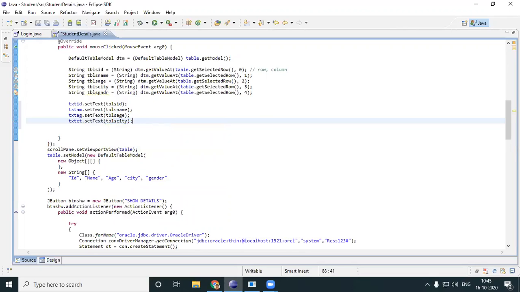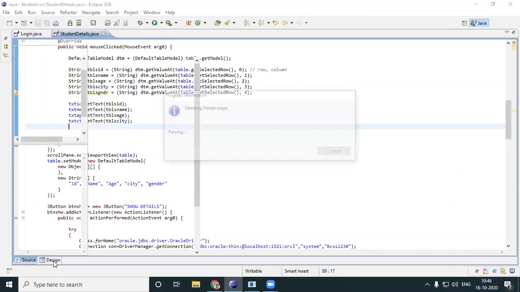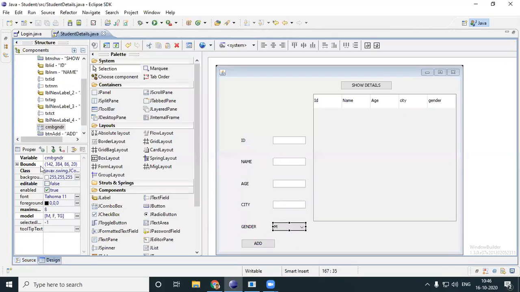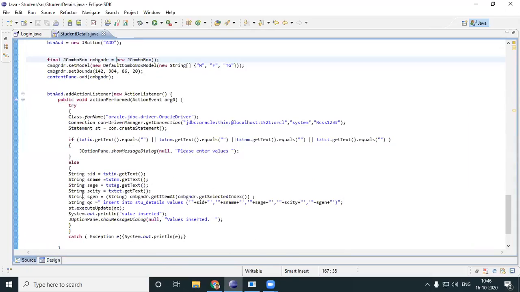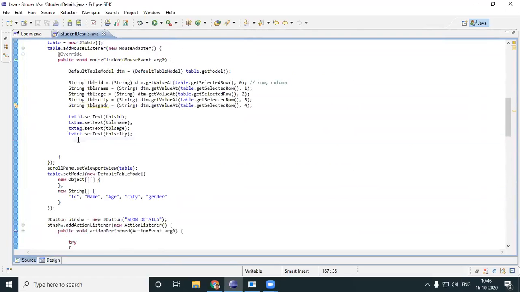Okay. And then in my text gender, okay, gender wasn't a text, it was a combo box, right? I'll just save. I'll go back. Get the name of this. What was it? CMB gender. Okay. In CMB gender, CMB gender. Okay.